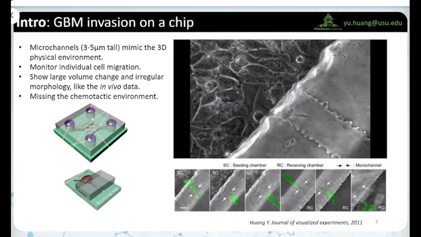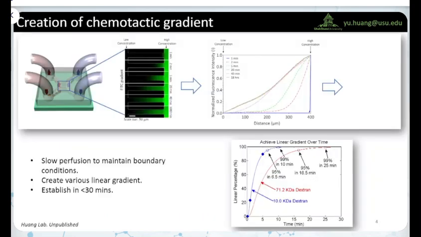So almost 10 years ago, we started this project by designing microfluidic devices which use PDMS microchannels to mimic the interstitial spaces for individual cells to migrate. So this is what the device looks like. You have cells cultured from one side, and the other end has no cells to represent